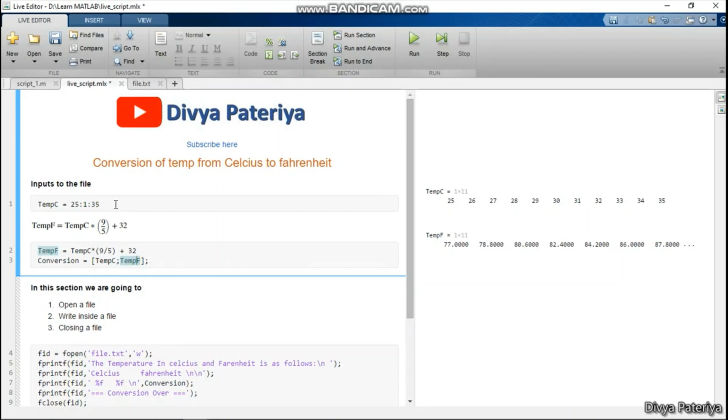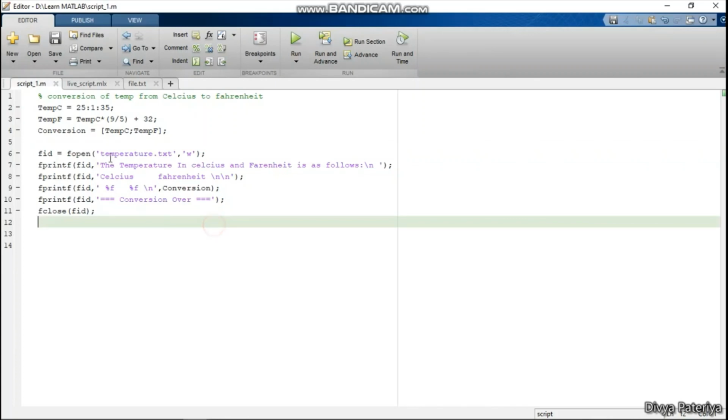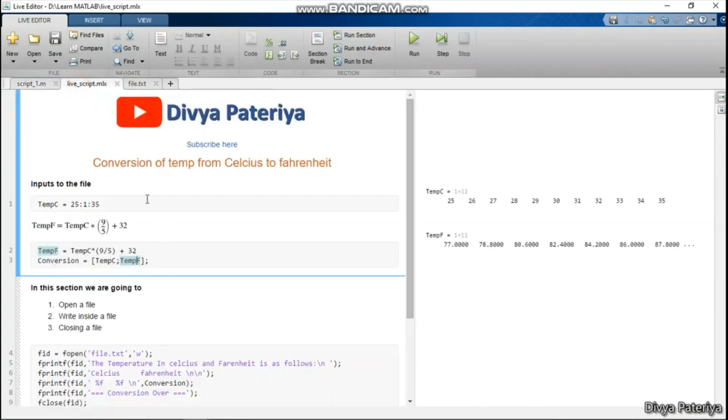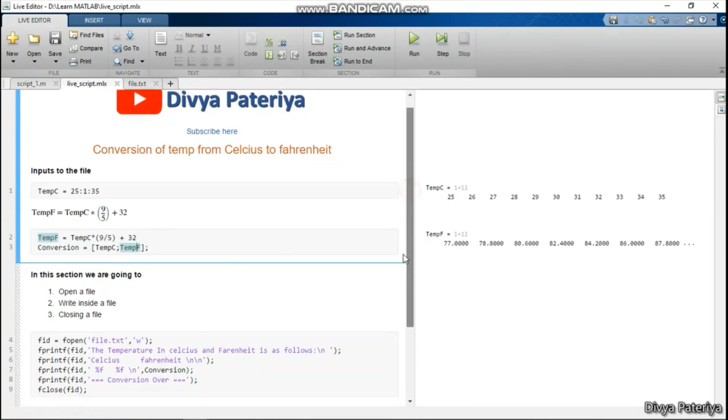So it is a very unique way in which we can represent a couple of codes. Unlike this script file, where we can just simply write and the user does not know what the script file is about, now in this we can present the code in a story kind of manner.